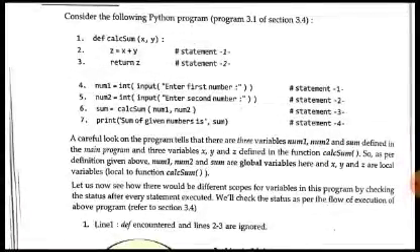Okay, so if you look at the program, then you can see that these three variables, num1, num2 and sum, are defined in the main program, and there are three variables x, y and z which are defined in the function calcsum. So what happens? As per the definition, num1, num2 and sum are global variables here. Why? Because they have been created here in the main program, which is outside the function definition. num1 and num2 have been defined in the main program, so they have become global variables. Similarly, sum has also been created and defined inside the main program. So again, sum is also a type of global variable.